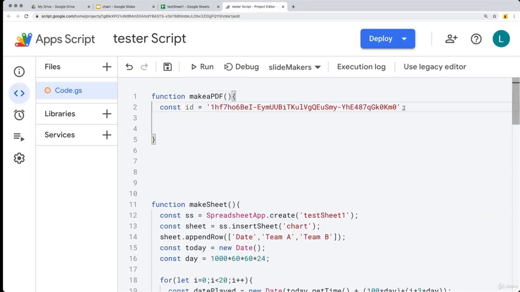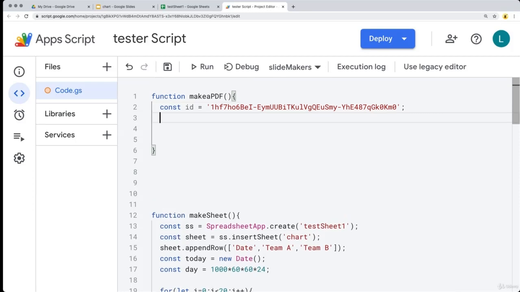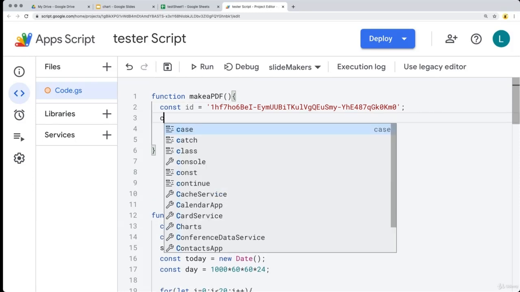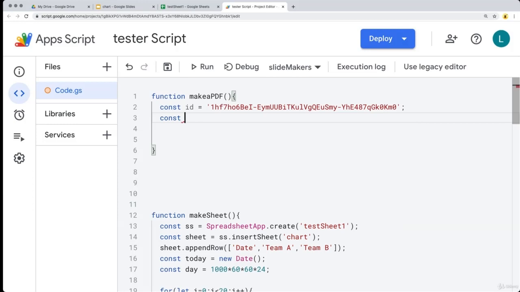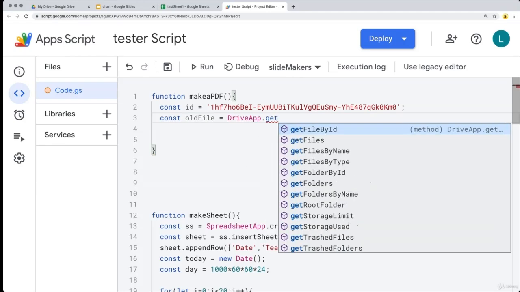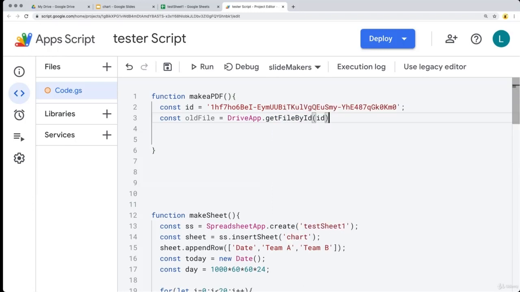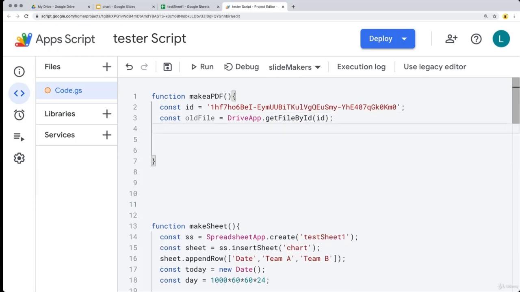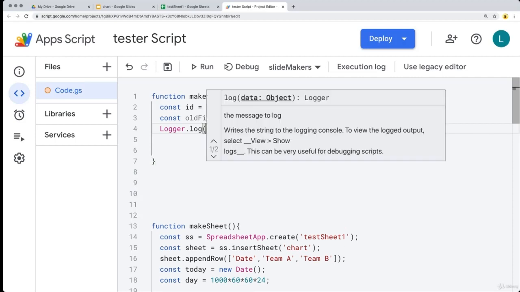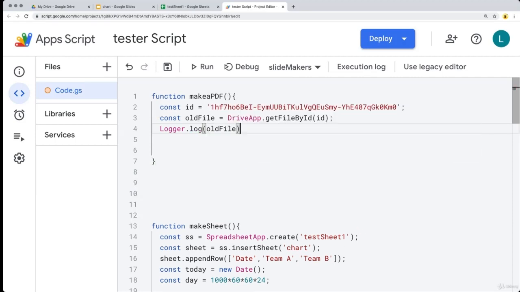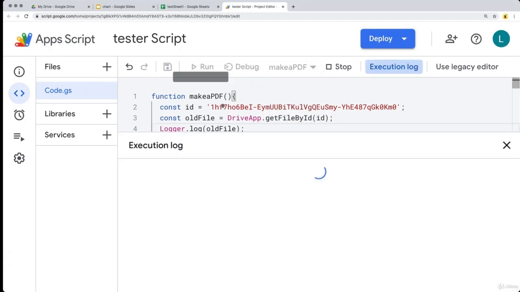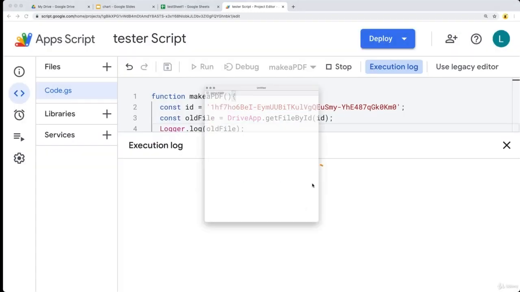So use that ID, and then select within the Drive app. We're going to create what will be the old file. So using the Drive app, get the file by ID, and then specify the ID value. And then within the logger log, let's see what we've got for the old file, just to make sure that we have selected something. So select make a PDF, and we are going to have to accept permissions